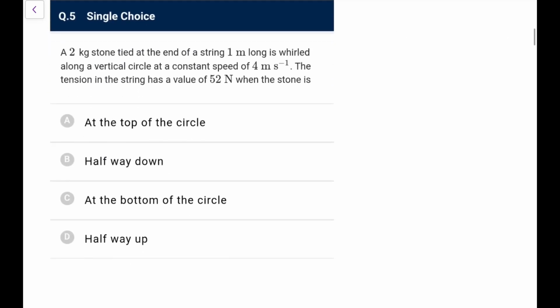Next one. A 2 kg stone tied at the end of a string 1 meter long is whirled along a vertical circle at a constant speed of 4. Speed is constant, remember. Tension has a value of 52 Newton when the stone is...